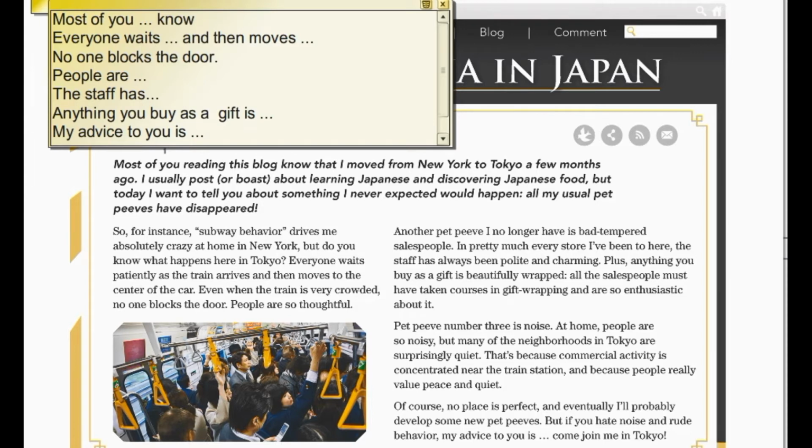My advice to you is, so my advice is a noun. So what is the verb form used with the word advice? In the singular. Advice is an uncountable noun. You don't count the word advice. You don't say, I have one advice to you. No, you say, I have some advice, or I have a piece of advice to you, right?